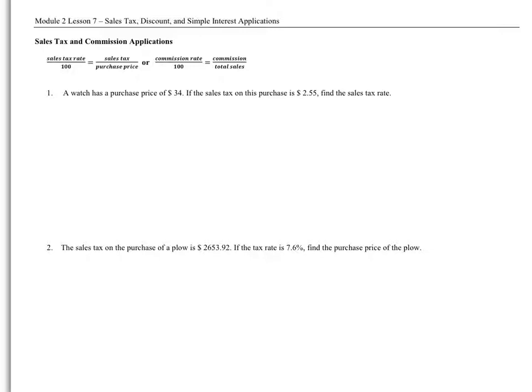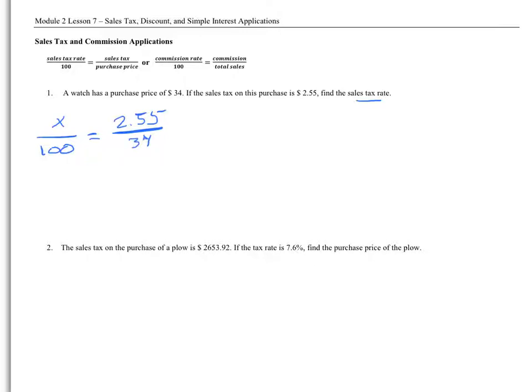So we start with number 1, which is a sales tax question. In number 1, we're told that a watch has a purchase price of $34. And if the sales tax on this purchase is $2.55, we have to find the sales tax rate. Since we're told to find the sales tax rate, that is going to be our x in our proportion. The sales tax rate, x, divided by 100 is equal to the sales tax, which we're told is $2.55, divided by the purchase price, or